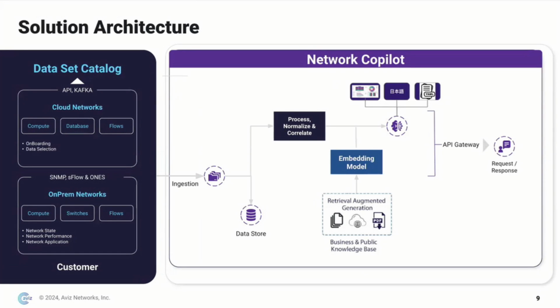End of life support for devices, how many devices. These we are pulling from switch vendors' websites, and we are building the knowledge base ourselves, right? And then the latest software versions, we are building the knowledge. But this is what you have based on public materials which are available. But then what the customer needs is a separate thing. That's where the